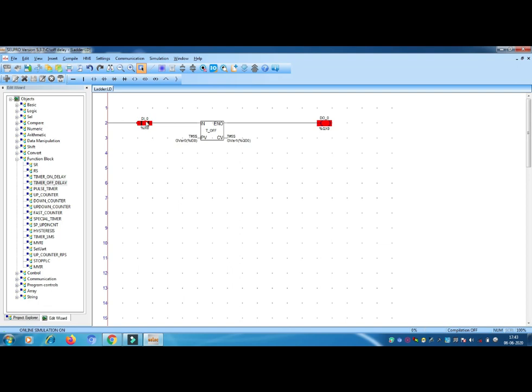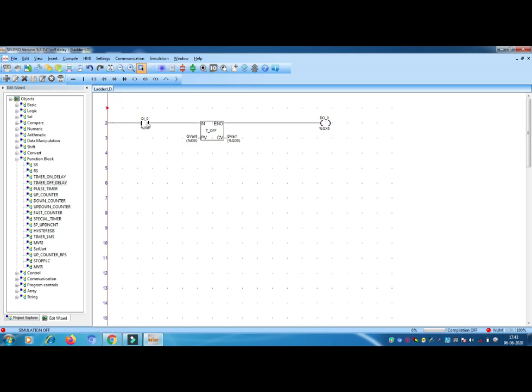This is the function of the off delay timer. Once again you can check it. When you turn on the switch, your motor is in on condition only. When you turn off the switch, it goes to off condition after the delay. Okay guys, if you did not understand, I will take one more example.